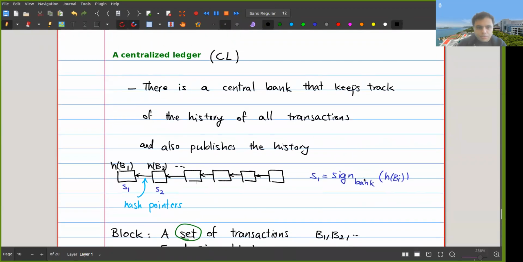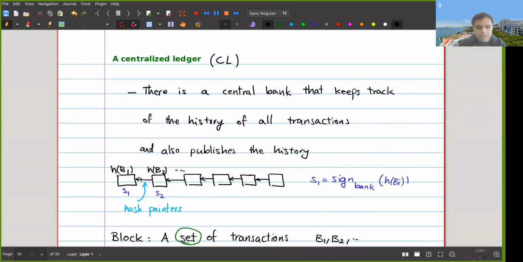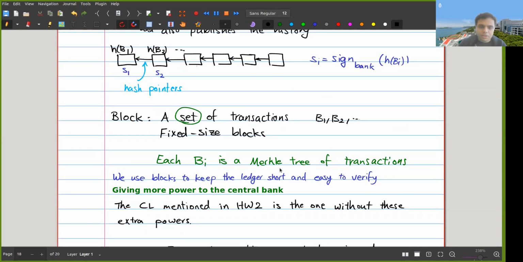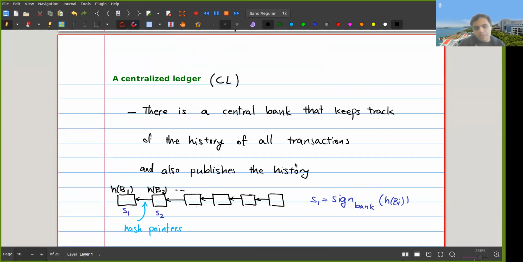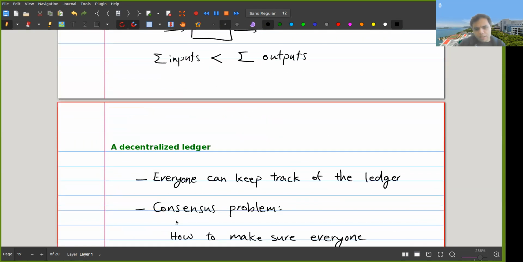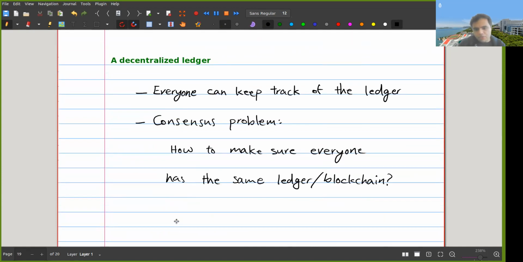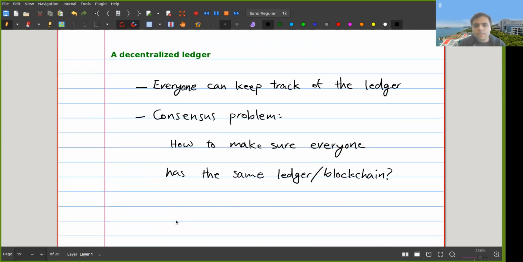So here we are getting rid of the bank, but we still have to keep this data structure, which was our ledger, which is a linked list of blocks. And again, each block is just a Merkle tree of transactions. So what we say instead is that, now that we don't have a central bank, let's have everyone keep track of this. But if everyone keeps track of it, then they might have some differences in their copies. And how do we make sure that they get to the same copy? And also, actually, the way I've written it here, it becomes impossible, because if you want to make sure that everyone has the exact same copy of the blockchain,